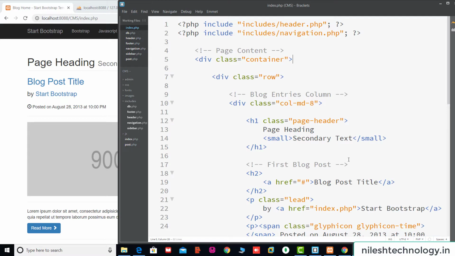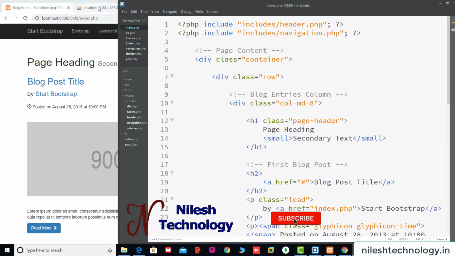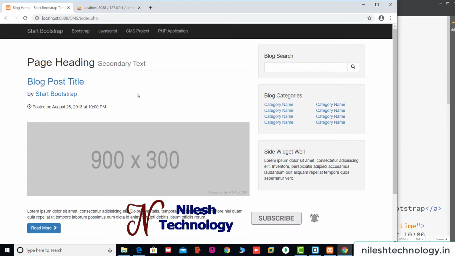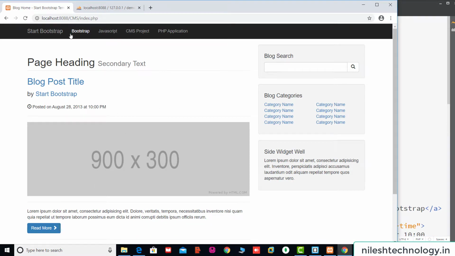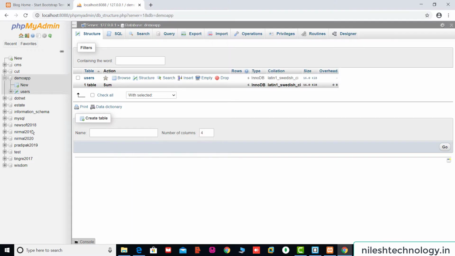So in the last video we did a really cool thing and we started displaying some dynamic categories from my database for my table categories. So now the next step is that we create a new table in phpMyAdmin. In this video we will discuss this post, and we convert this post into dynamic content. So here we are creating one new table.